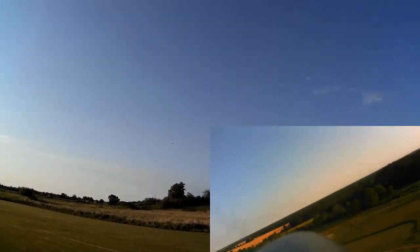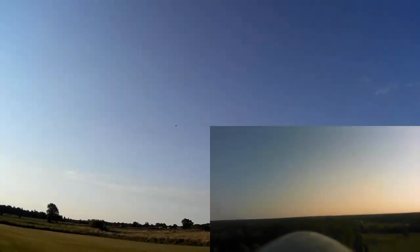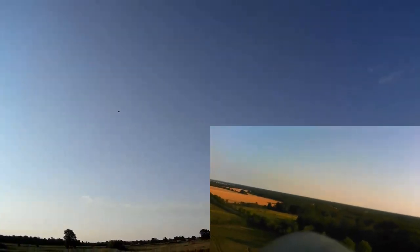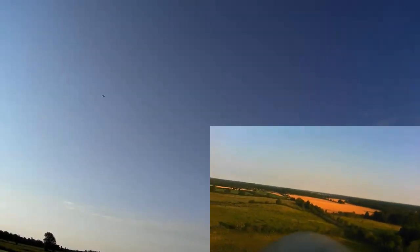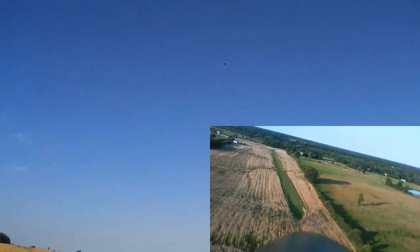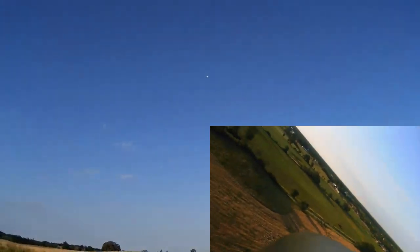Turning him back into stabilized mode because I can't see which way he's facing very well there. This is the problem. You don't want to let these little things get too far away from you, especially something like this, I find. There's no way I can tell when he's any distance away whether he's upside down or the right way up. If he's close enough, I can see the stripes and the undercarriage and all that, all very well and good, but